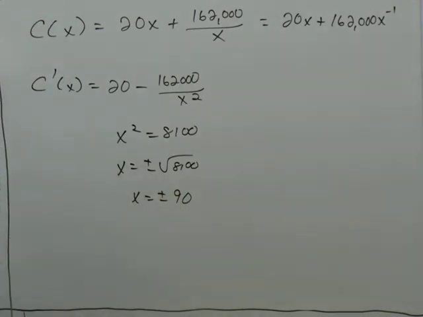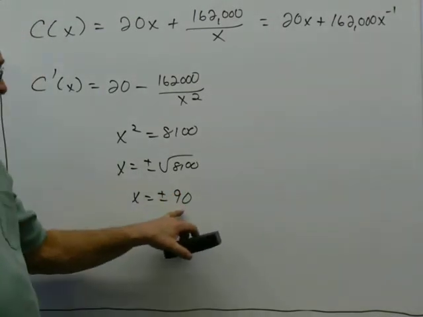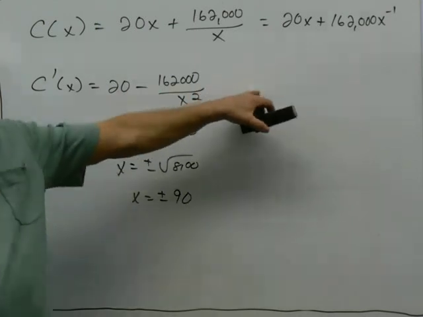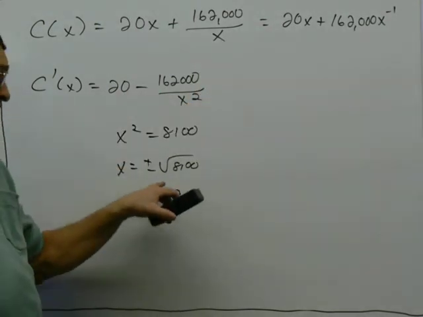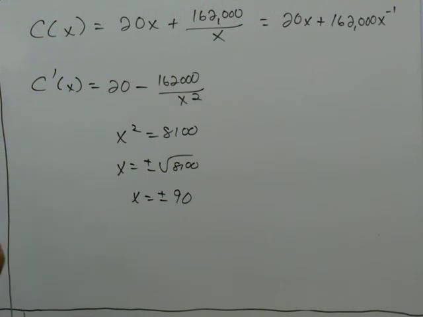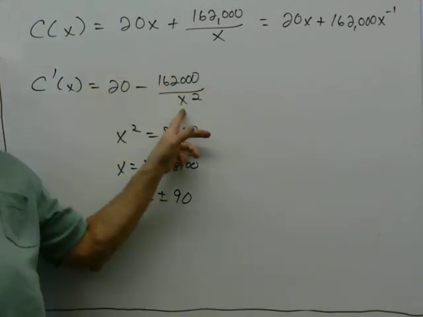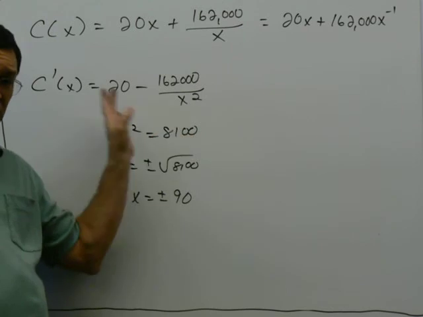And that's 90. So my critical point, the solution when I set this equation equal to 0, the solution to that is positive or negative 90. Now again, this is a real world problem. We actually have another critical value. Notice in this derivative, if x is equal to 0, this is undefined, and so you also have a critical